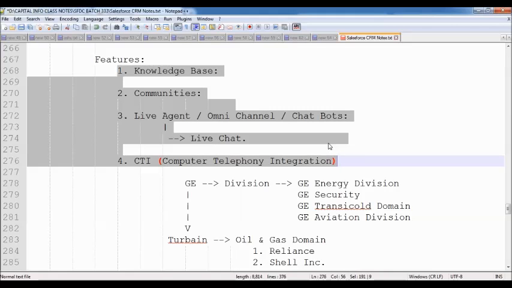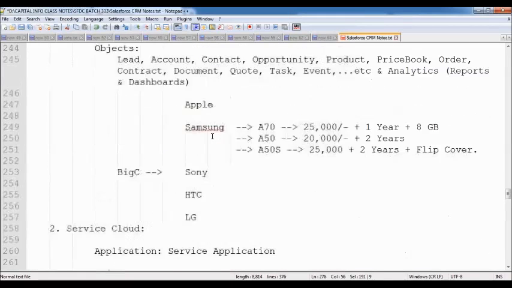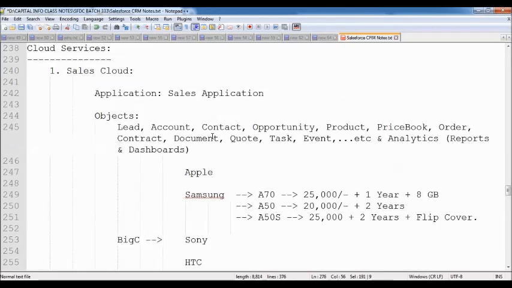See, I already told you, sales is not the only important thing for the organization. Service is very, very important. If you are giving good service, then only the people will stay with you. Suppose I'm giving the training very well, then only people will join next time. If I'm not explaining the things properly, then next time nobody will join my class. In the same way, service is very, very important.